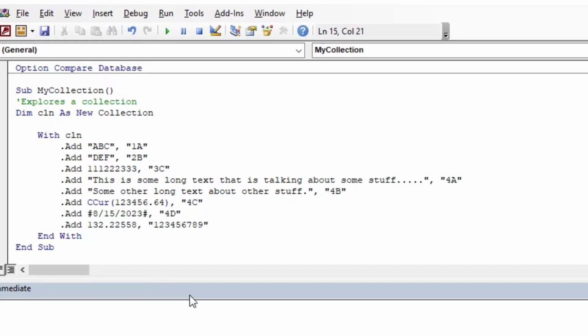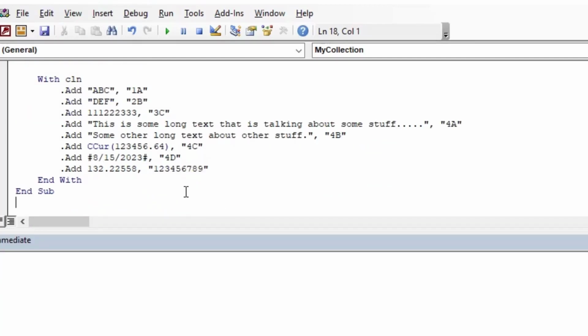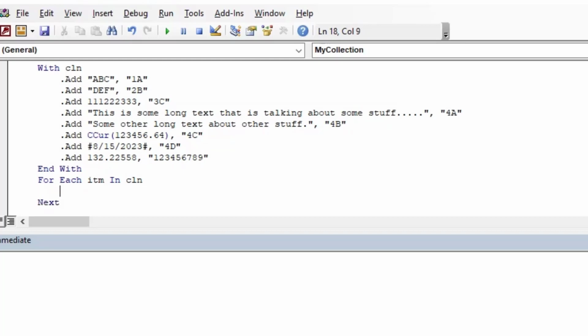And if you only need that sort of key and value pair, then it's actually probably preferable to use collections over using arrays for that. The only thing I would say is that arrays are a little bit faster for whipping through and checking things in the array. However, the collection has the benefit that you can say, give me the value at key 4D, and if you've got a whole ton of things in your collection,